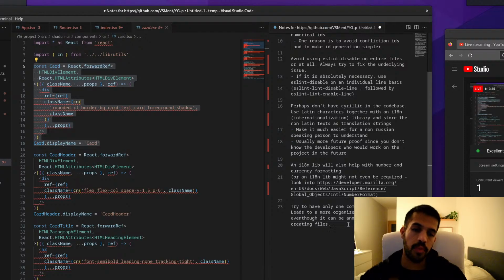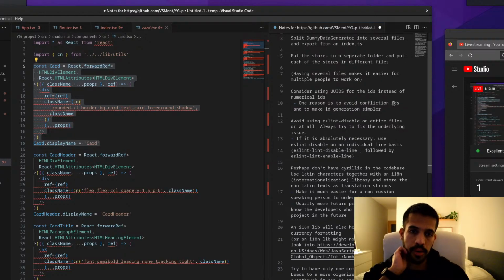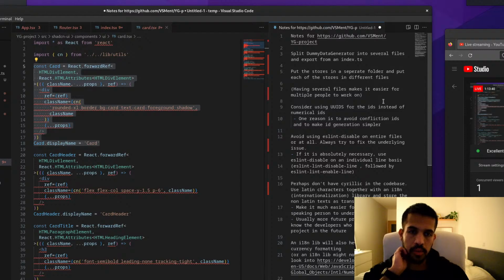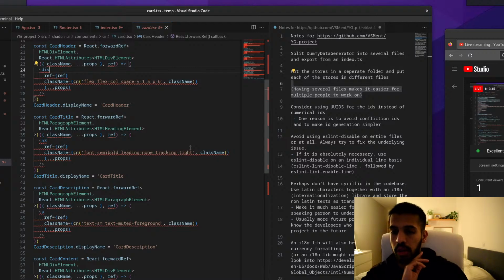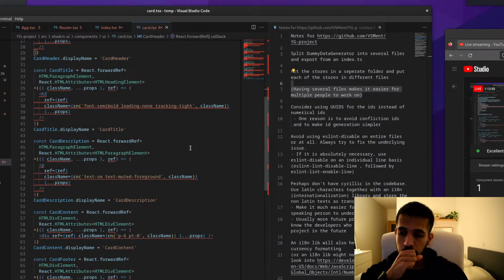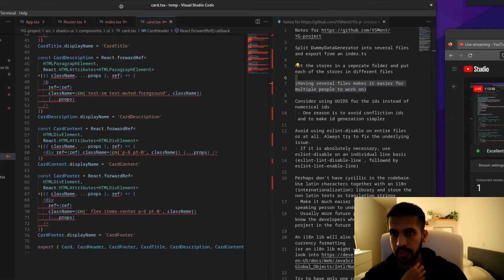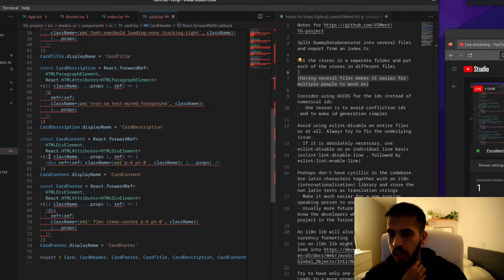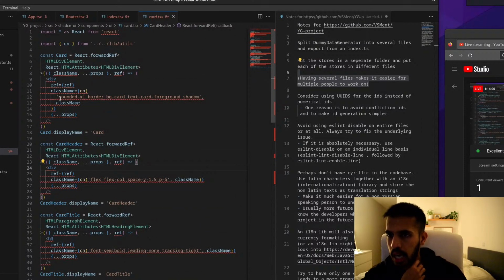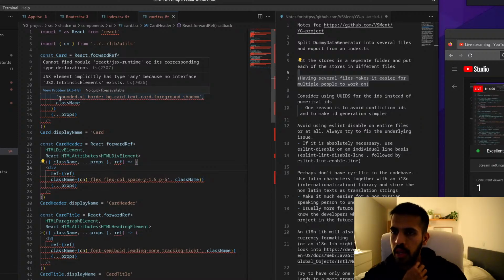And of course, the same thing I mentioned before about having multiple people working on the same code base, having several files makes it a lot easier. Otherwise, you keep running into each other, you keep having conflicts. It's not ideal. So what I see here is that the types are not being properly set.